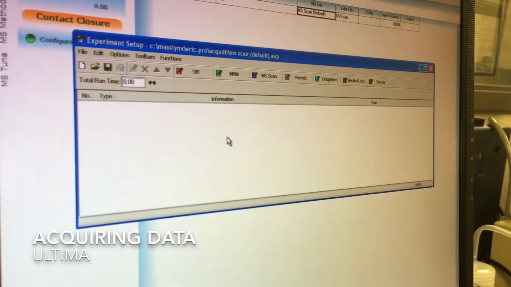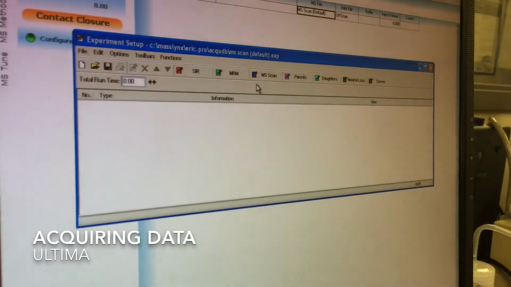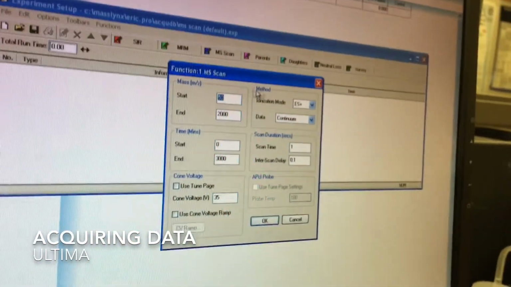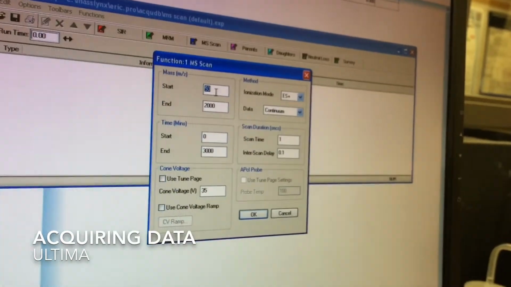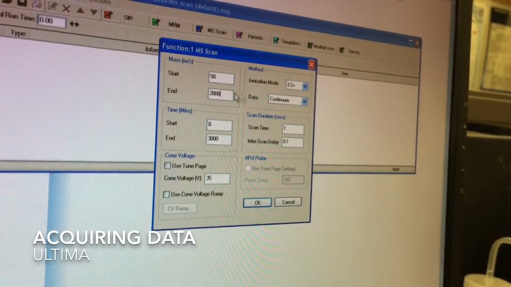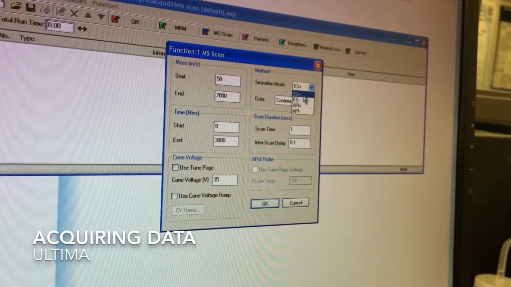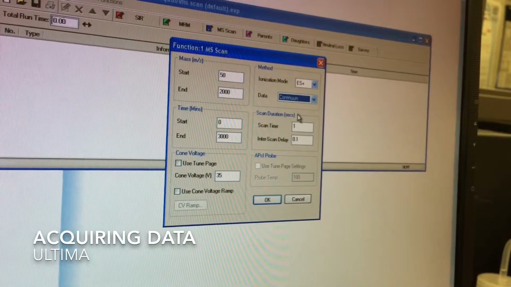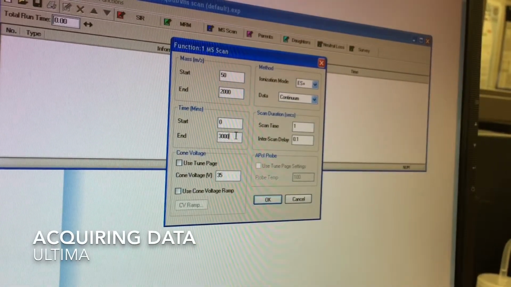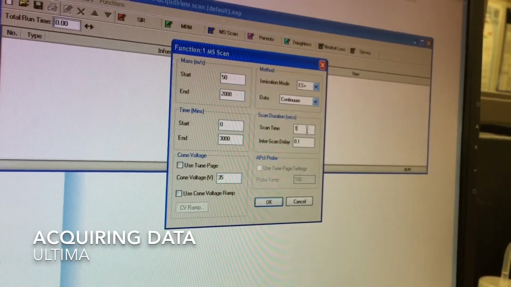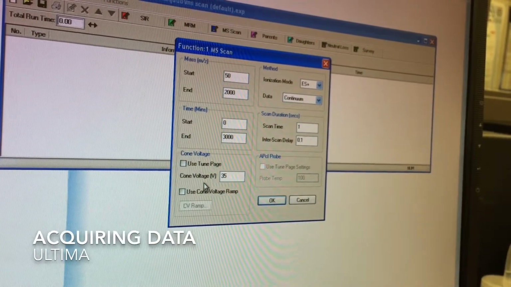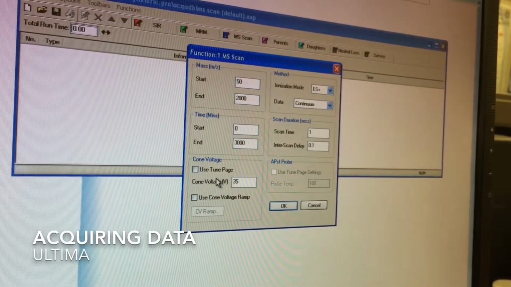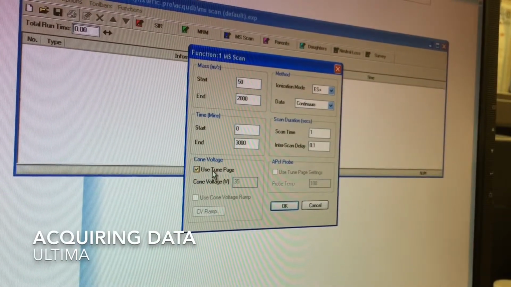To set up an experiment, let's say we just want to do a full scan from 50 to 2000 m/z. We can click on MS scan, and that opens up this function window. Here we can set up our mass range. We can select what ionization mode we're in. We can select how our data is collected, our start and end time, along with the scan time and interscan time. As well, we can set up a specific cone voltage for this experiment to be run on. In most cases, we'll be using what we've set up on the tune page, so we'll leave it at that,